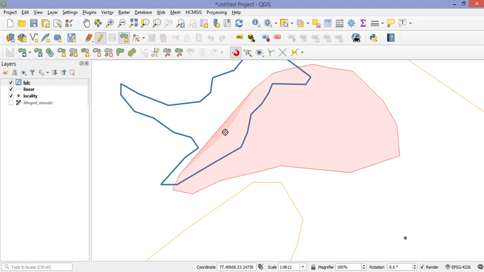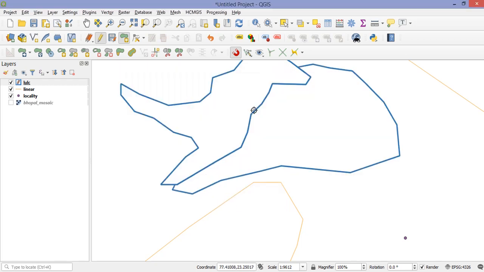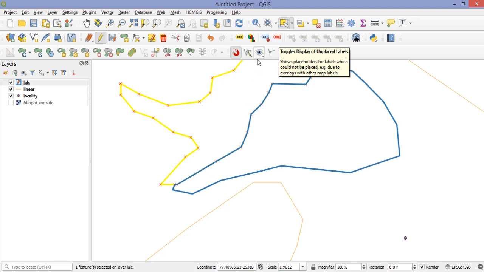This polygon shares the same boundary, but it should not overlap. So I will check this option and I will create another polygon within that polygon and I click on OK. This may be urban. Okay. So we can see that there is no overlapping of this boundary. That means this polygon does not share any common area. So this is one of the main advantages of this avoid overlap feature.